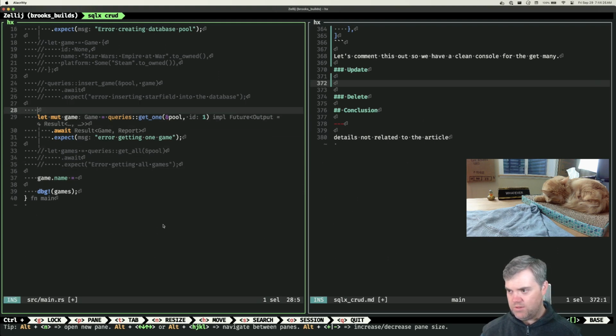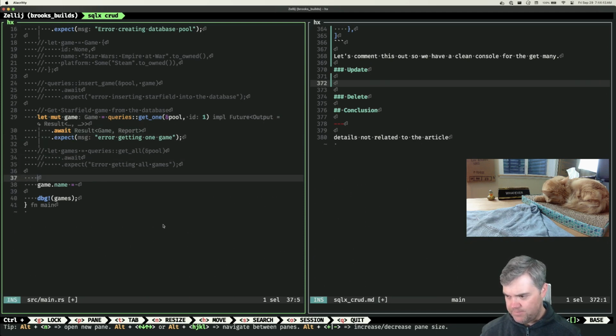So get Starfield game from the database. So then we're going to do changing the